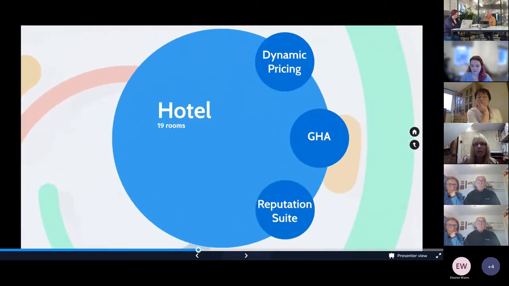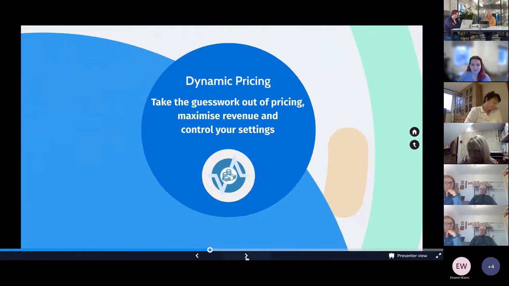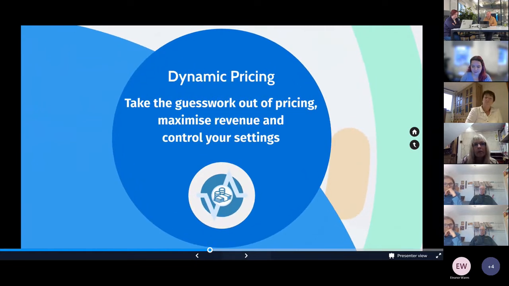From a hotel side, bear in mind, a lot of these services are available to any type of property. But larger hotels work with us. And probably one of the key things that they're using at the moment is dynamic pricing. It's a connection we have into a specialist system, which will look at your pricing, and it analyzes a lot of data. And it works out what your prices should be, and that's based on the rate at which you're getting bookings, your occupancy, and also what the market conditions are.